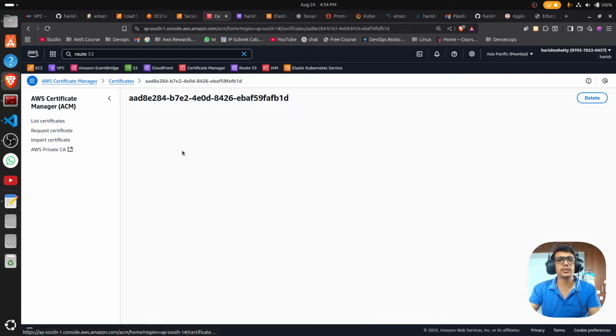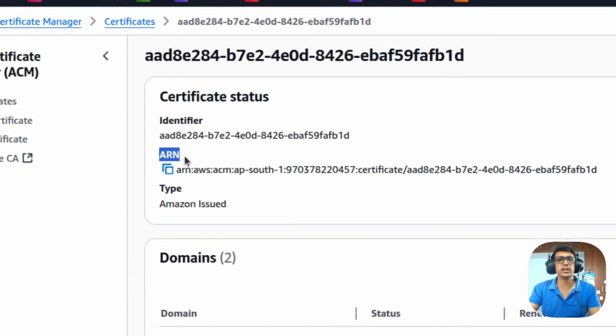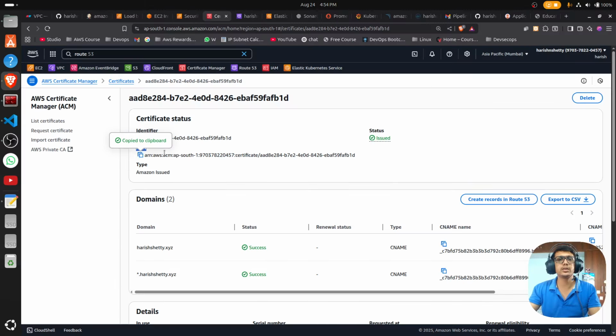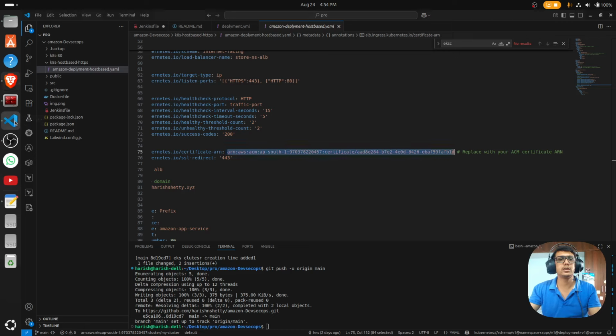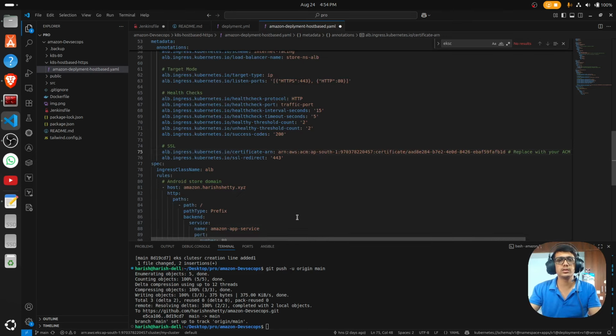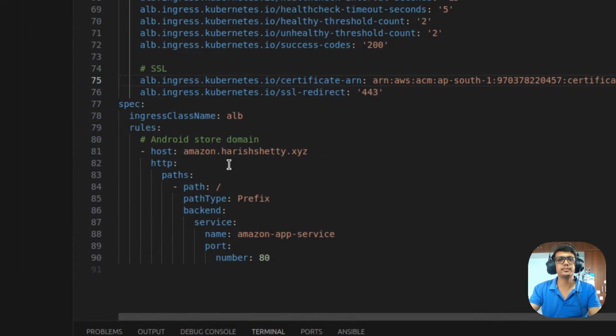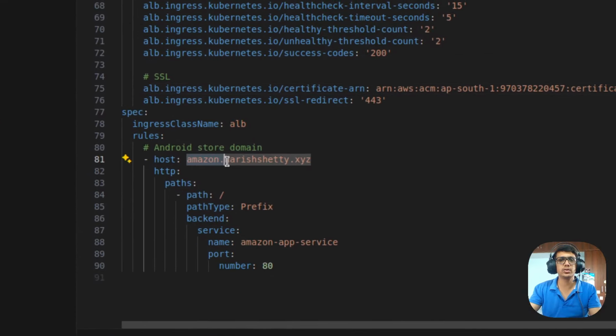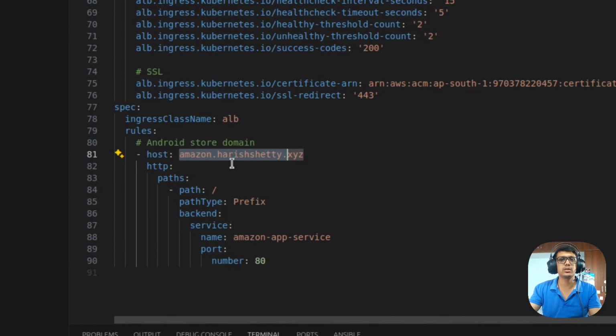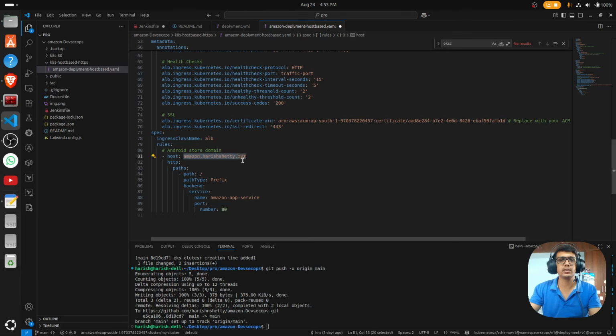Once you click on the certificate here, you can see the certificate ARN. Just copy this ARN and replace it here. Don't just blindly push the command, don't just blindly push the deployment, just see. And here I am giving the domain host name as amazon.harishetty.xyz. Okay, once you're done, save it and